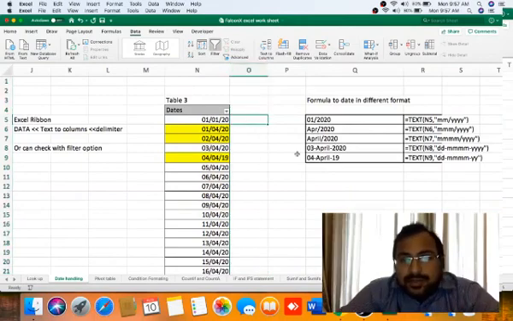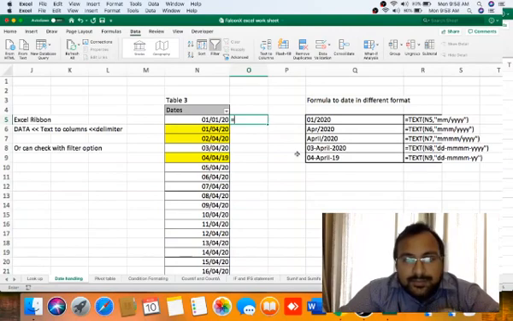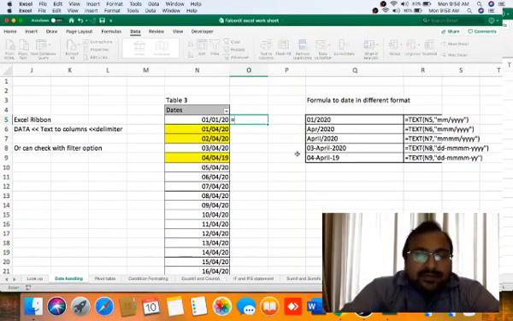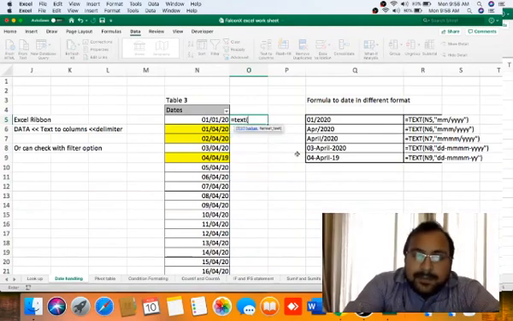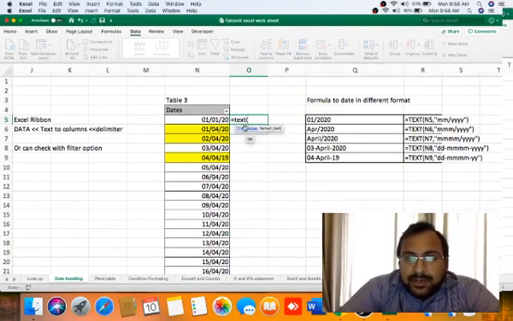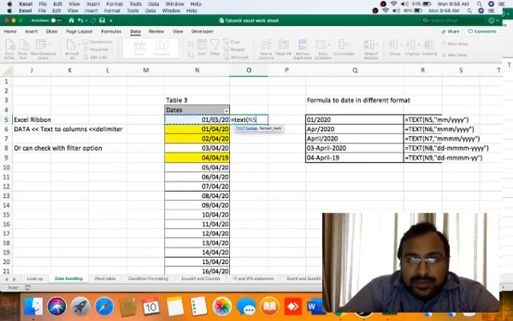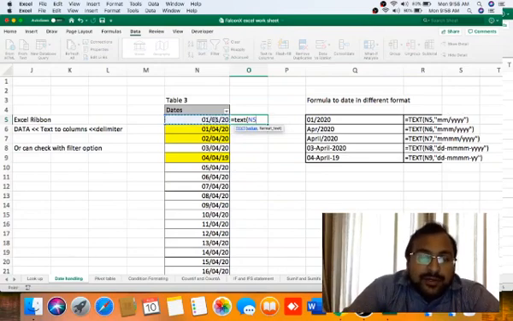So what is the method of converting day into a month? In Excel there is a formula called TEXT, bracket open. The TEXT formula takes two arguments. First is the value and then the format in which you want the data. So value is this, value as in the date which you want to convert into month.